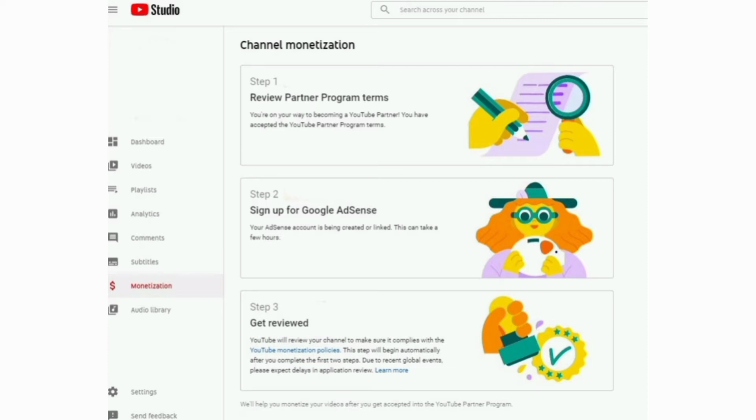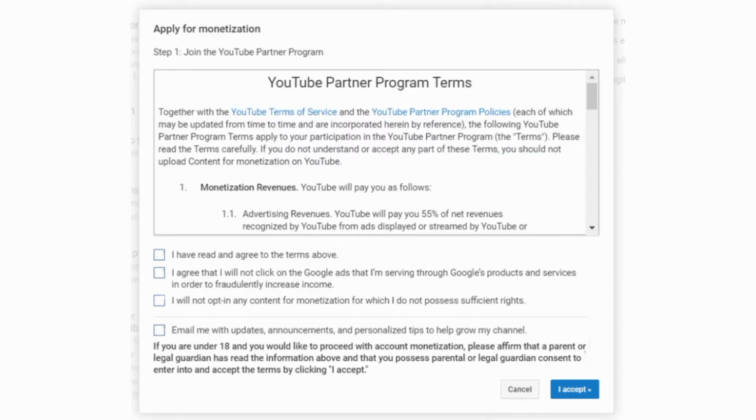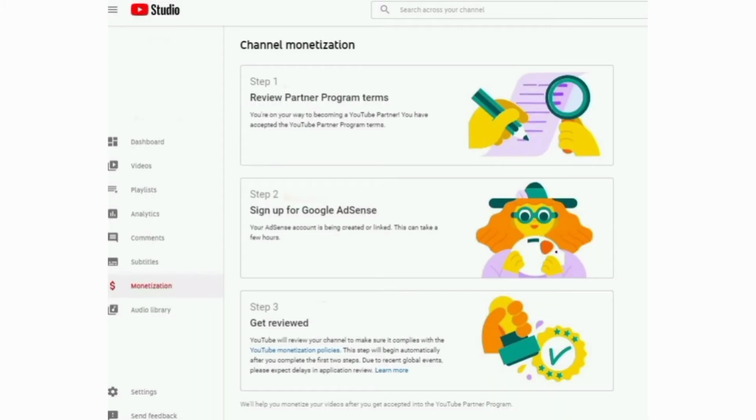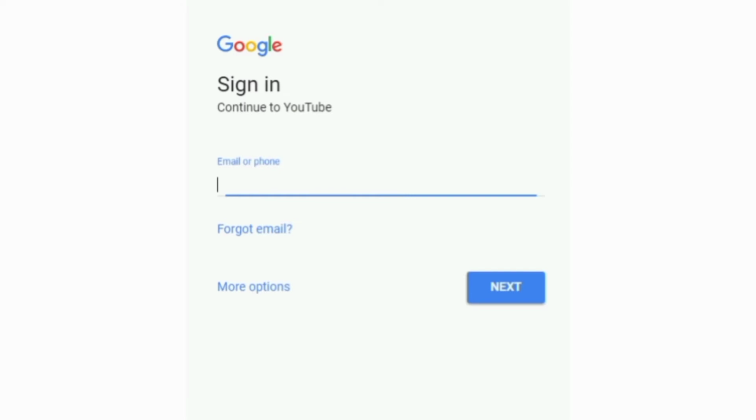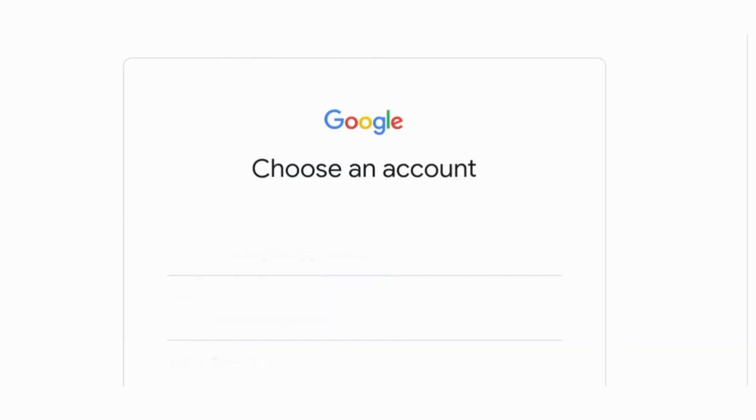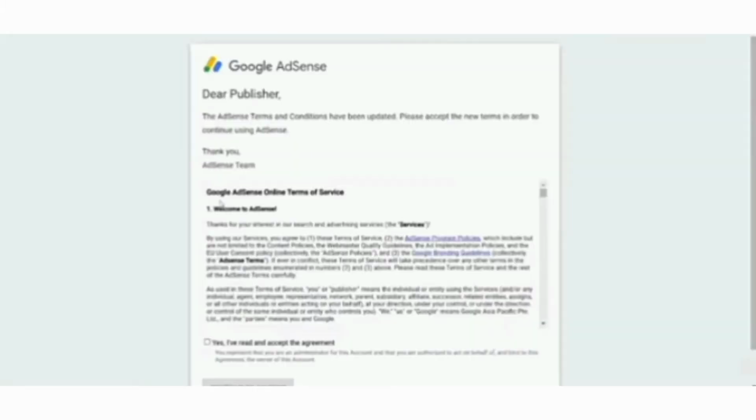And you need first to review the partner program terms and conditions. And you can also choose whether you want to receive communications from AdSense. The second thing is to sign up for the Google AdSense, where you may need to sign in again to your YouTube channel. You may also need to choose a Google account that you want to use to create the AdSense account. The next thing is to again agree to the terms and the conditions of Google AdSense, then continue